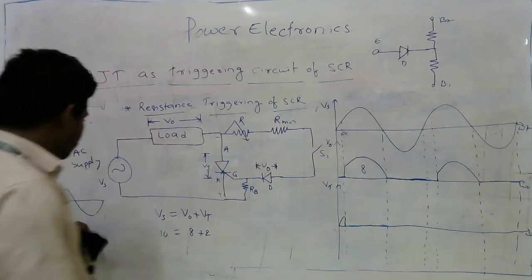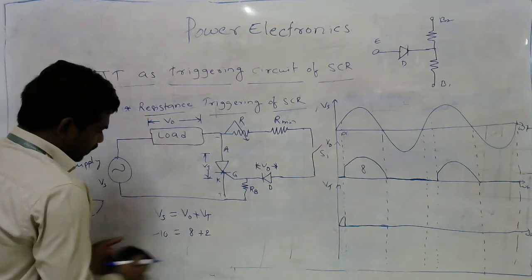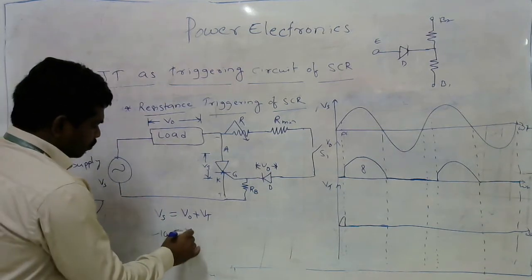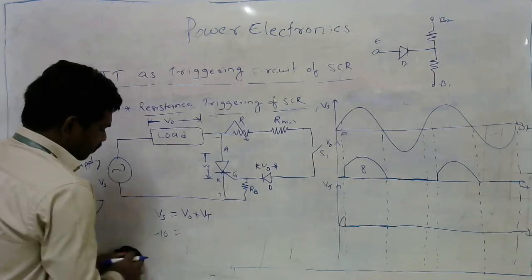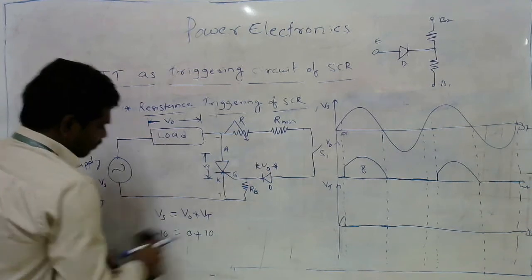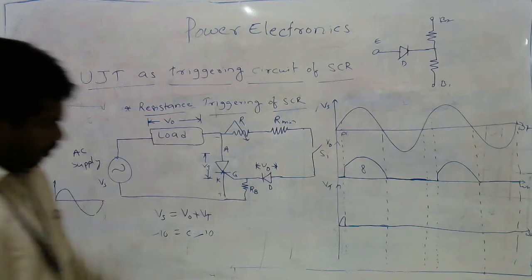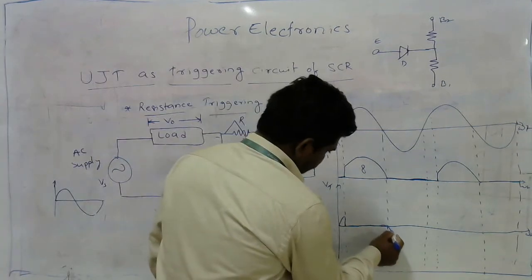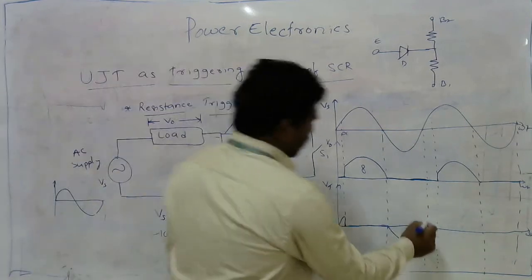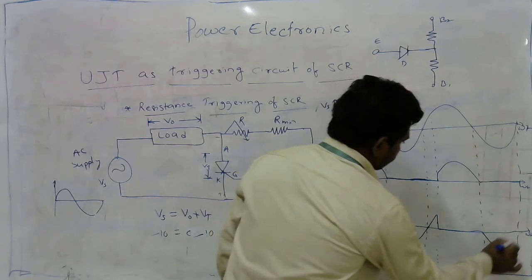During the negative half cycle, the same negative voltage is applied, but V naught is going to be 0, and the output has the same negative voltage. Same voltage, reverse polarity. Reverse voltage is available across the device. Then again on the positive side the 2 volts, then 0, then the negative value.